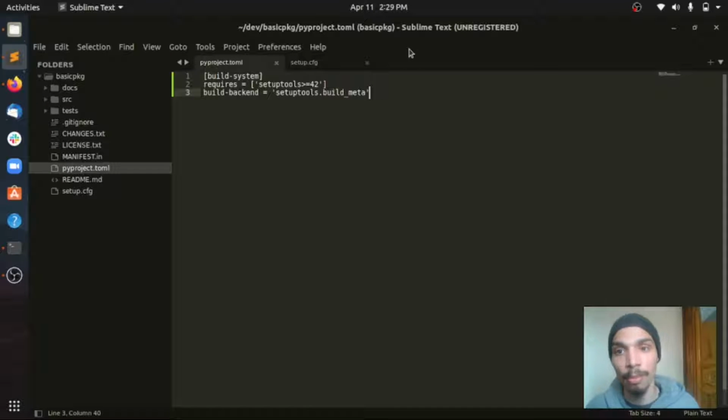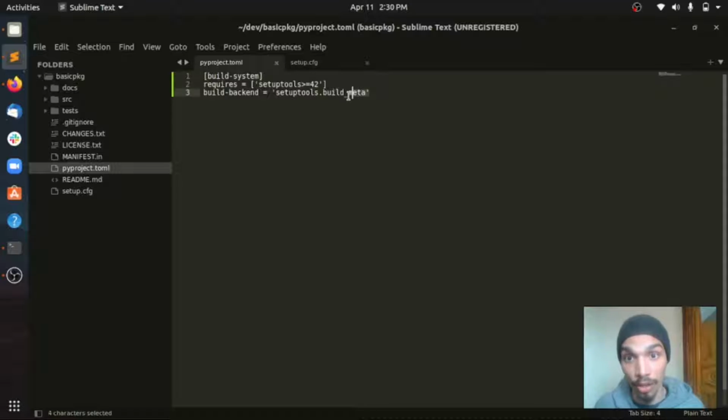So here in pyproject, you see something called build-system that contains a variable called requires. So this variable is going to be used to define your build system. Here in this package we use something called setuptools, but there are other build systems like Flit and Poetry, and then we use another variable called build-backend to define the object that will perform